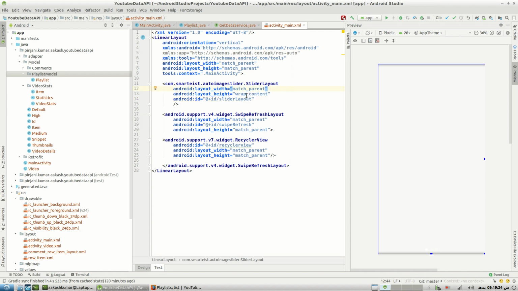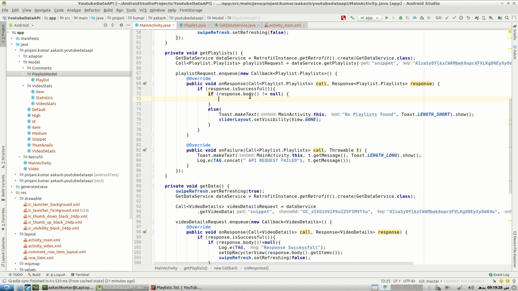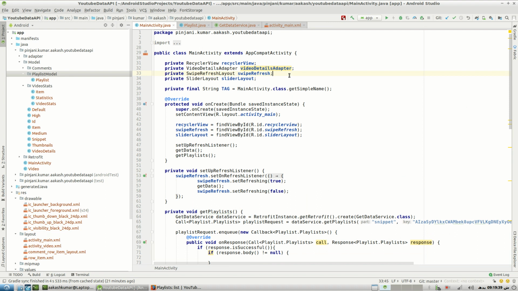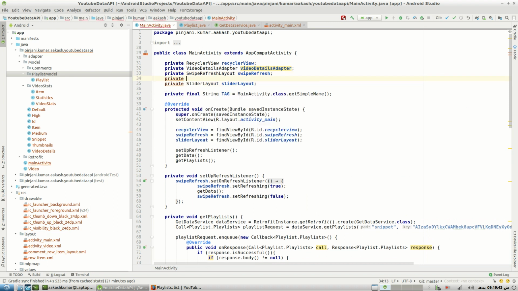So if we actually got the list of playlists in our response, we need to store those playlists inside an array list. So we need to create an array list over here,